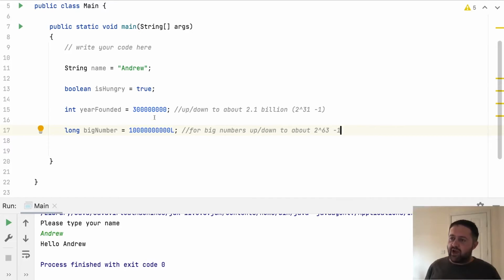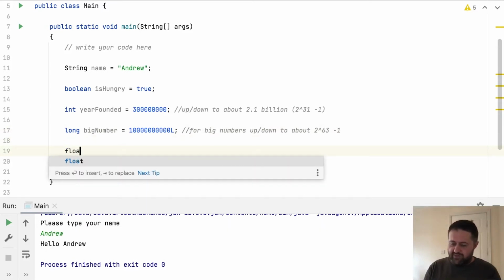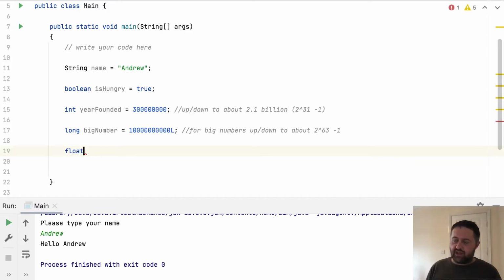Now these are all good for storing whole numbers, but what if you want to store a number that ends with a number after the decimal point? To do that, we've got two options. We've got float to represent a floating point number, okay? Or we can use a more accurate version of that called a double, a double precision floating point number,